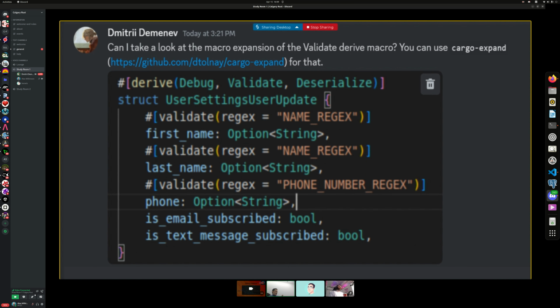As lazy as I am, I requested him to provide a macro expansion for the Validate derive macro because, firstly, I wanted to show that derive macros can spare us from writing a ton of boilerplate code, and secondly, I wondered what kind of code the derive macro generated. Soon, you're going to see that my phrasing led to some confusion, but